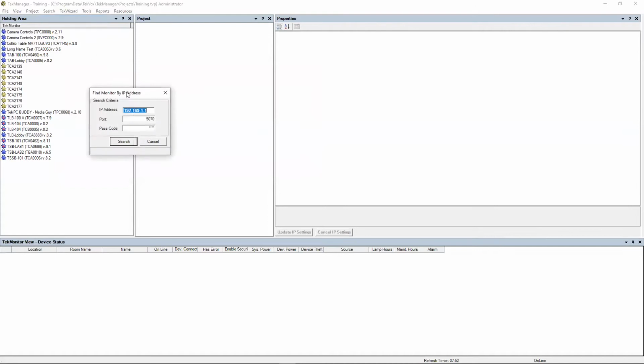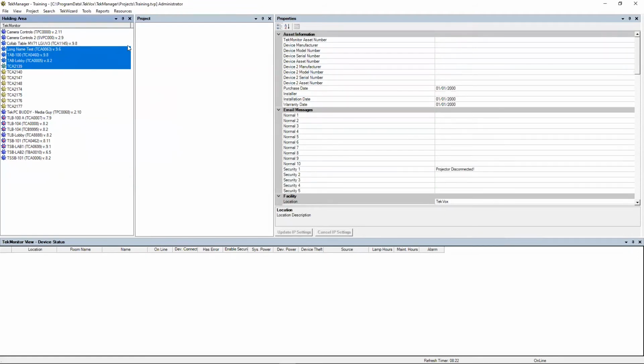You can also search for a single IP address. In this case, you'd want to use it if you're just looking for a single TekManager that you are working on for a room or what have you. And all you need to worry about is the IP address and the passcode. As I said before, you will generally not need to mess with the port here. All right, now that we have some TekManagers in the project,